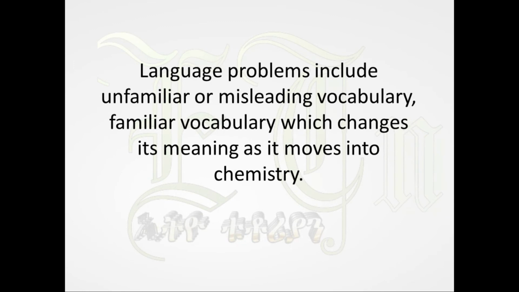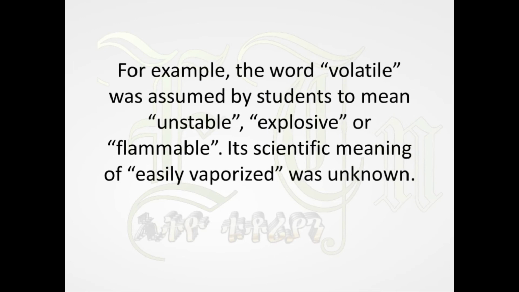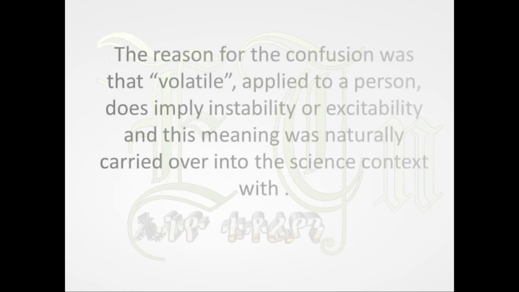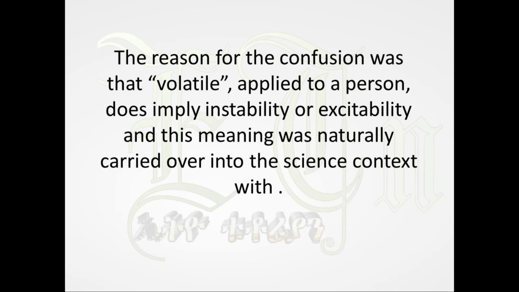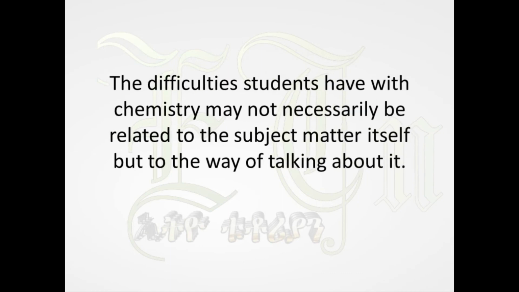Language problems include unfamiliar or misleading vocabulary, familiar vocabulary which changes its meaning as it moves into chemistry. For example, the word volatile was assumed by students to mean unstable, explosive, or flammable. Its scientific meaning of easily vaporized was unknown. The reason for the confusion was that volatile, applied to a person, does imply instability or excitability, and this meaning was naturally carried over into the science context,